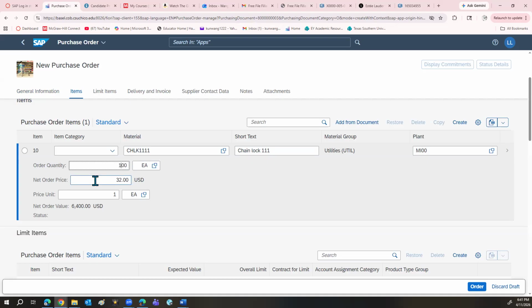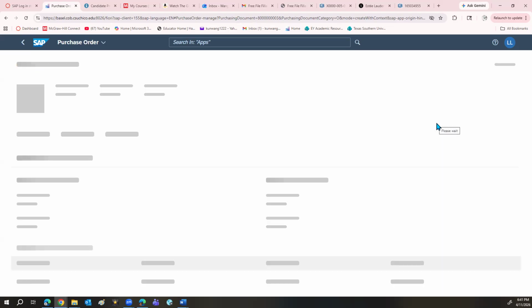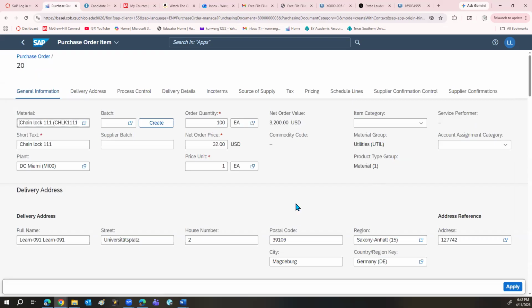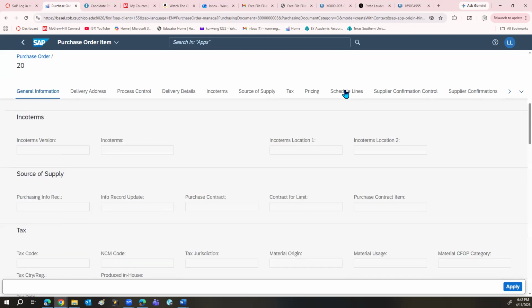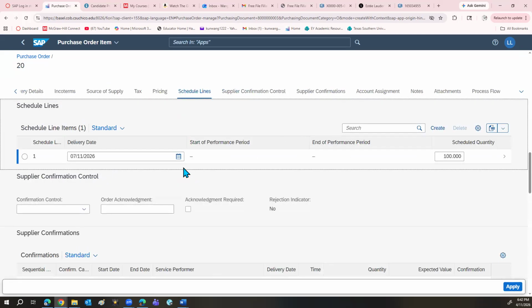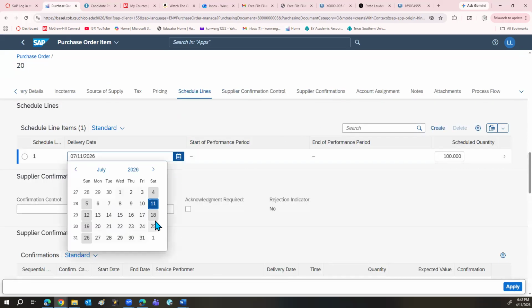And then select the entry, this one, and I think a copy. So you will get two requested. Each of them is 100 units, and the order quantity, like 132. And in the purchase order item screen, go to the schedule line, and we are requesting a delivery date